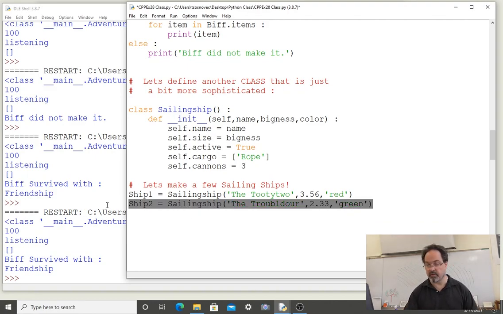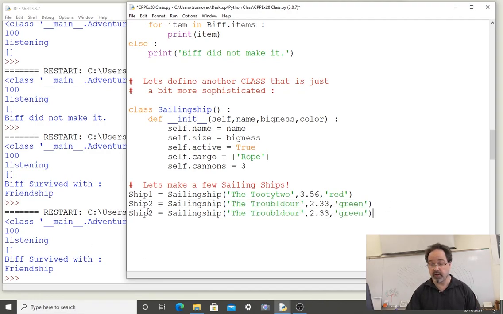The value is green. And I'm going to make one more ship. The power of classes is that we can make as many instances as we wish. In this case, we're making 3 instances of our sailing ship. Different name, different bigness, different color,